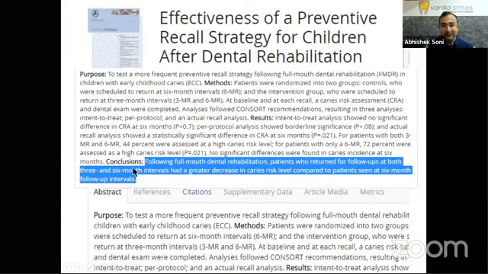Another case that we'll quickly run through. This was a case with almost 4 years of follow-up, treated under general anesthesia, a lot of zirconium crowns placed in the anteriors and the posteriors alike. We tried to salvage the strategically important tooth. And that's almost a 2-year follow-up that we have.